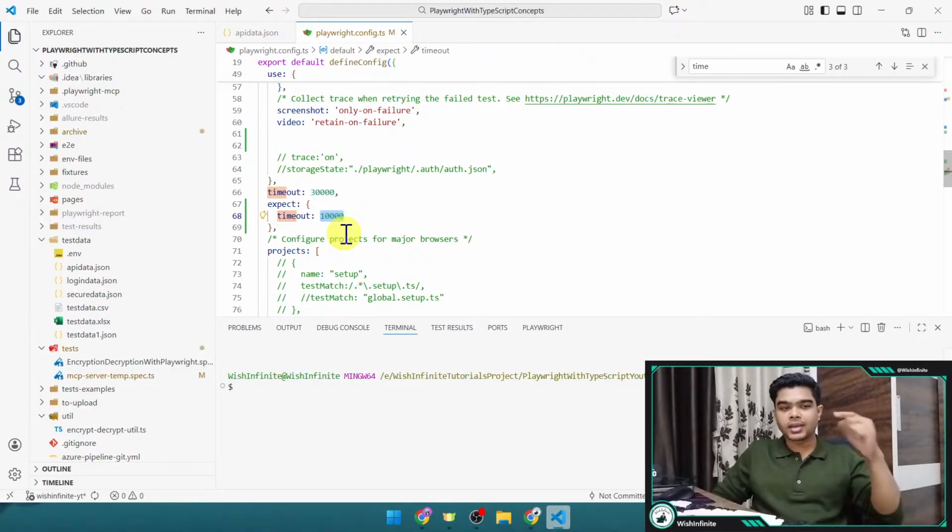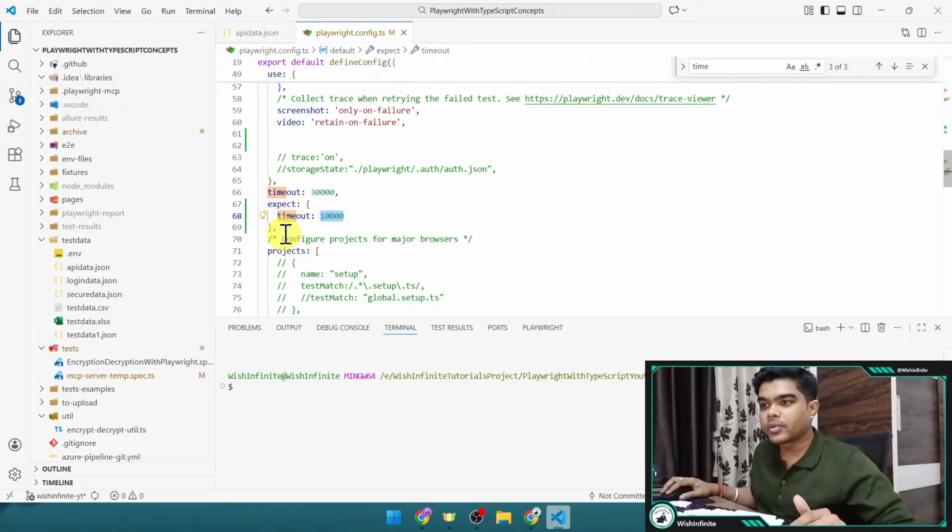Let's say after loading the page, you want to verify whether some button is visible on the page or not. But as you already know, your application is slow, but it is working correctly. So by default it is 5 seconds, but it is taking 7 or 8 seconds to load that particular element and pass that section. So in such cases you can